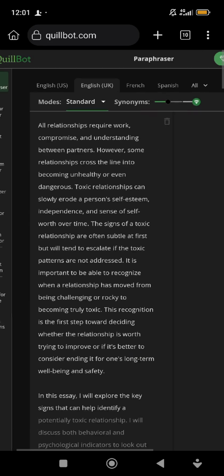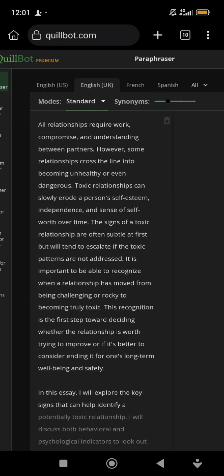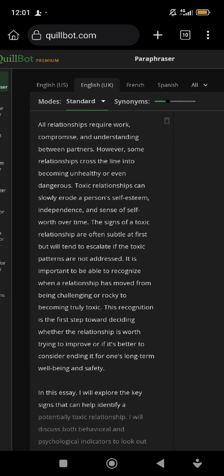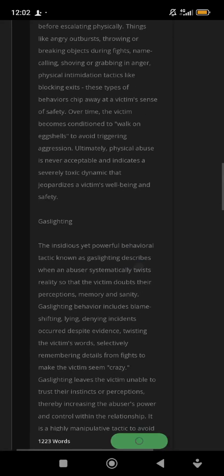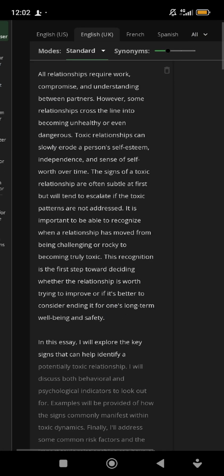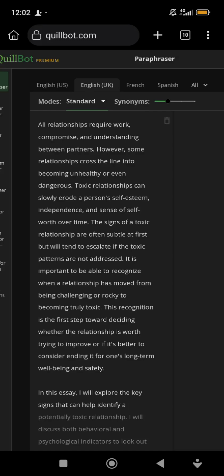Let me log in again. Just wait. I'm waiting for network to respond. What we are trying to do is to paraphrase so that you don't publish 100% AI generated content. So that's exactly what I'm trying to do here.